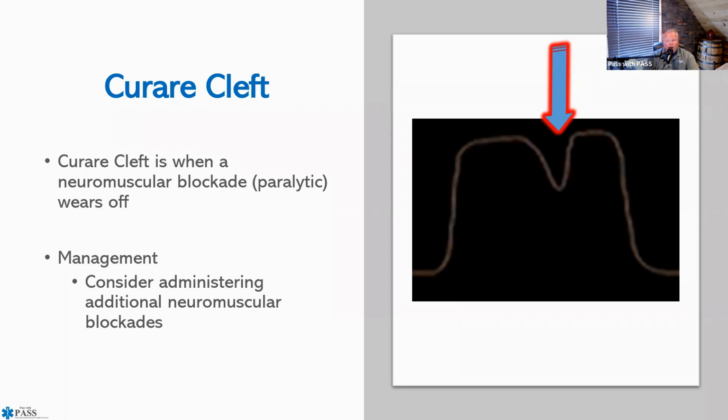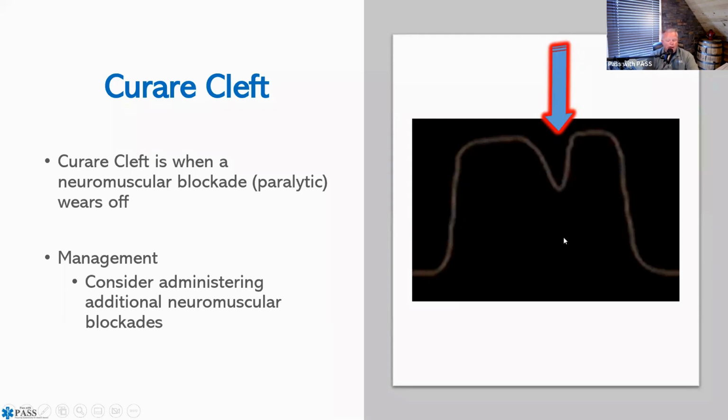There's a bunch of them out there. Some are short-acting, some are long-acting. But basically what happens is if you have given a medication, a neuromuscular blockade, to paralyze your patient so that you could facilitate intubation and/or transport, if that medication starts to wear off, you will end up getting a curare cleft, or the patient may show signs of a curare cleft, and it's basically them kind of waking up